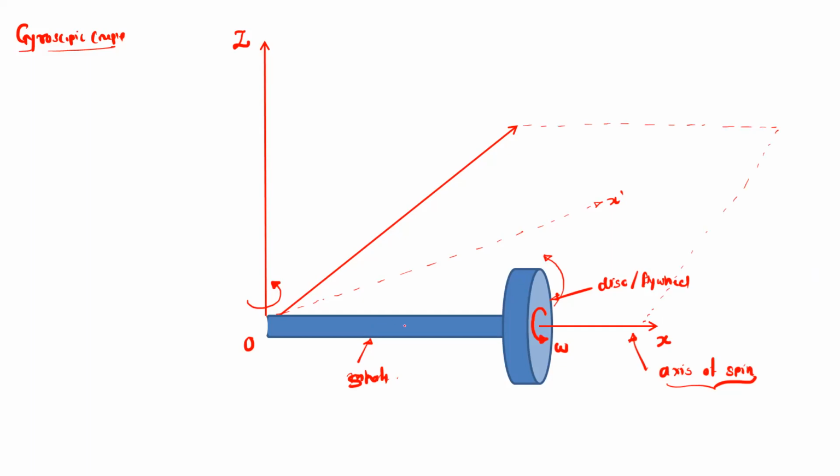We are rotating this complete assembly in the horizontal plane. When we rotate the shaft, which carries a spinning disc rotating with angular velocity omega, about this Z axis in this plane, then this complete shaft along with the disc will experience a couple. This couple experienced by the assembly is called a gyroscopic couple. Suppose we rotate it with some angular displacement, let us take this as delta theta. This is the new position.